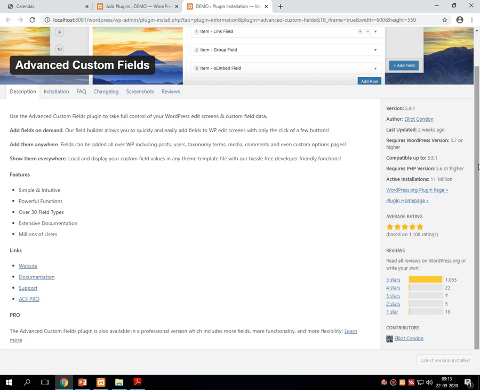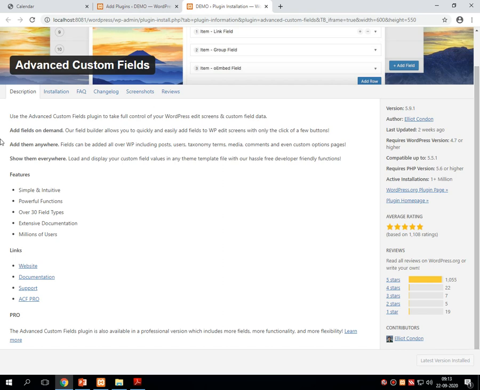Again I am repeating my words. This is an advanced option provided for WordPress, which is used to add additional text box, radio button, combo box, text area, and similar objects either on posts or on pages.